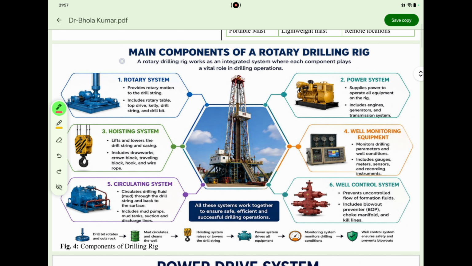So now, main components of the rotary rig system, right? The rotary rig system works as an integral system where each component plays a vital role. Remember this thing: we are going to discuss each component. If you are able to understand these six components: rotary system, hoisting system, circulating system, then I will give you the guarantee that